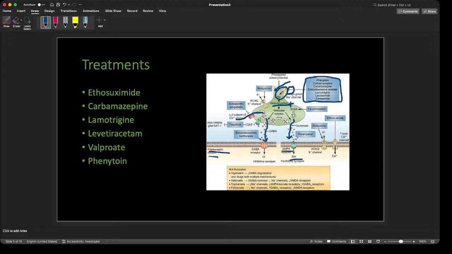Then you have this other type of, I guess you can see the vesicle releasing it. So I guess you can see levetiracetam is kind of playing a role here for that. Then ethosuximide is special because it actually basically deals with absence seizures. Not that we're going to go into specific seizure types in this lecture, but at least just understanding this one is just mainly focused on the calcium channel itself.